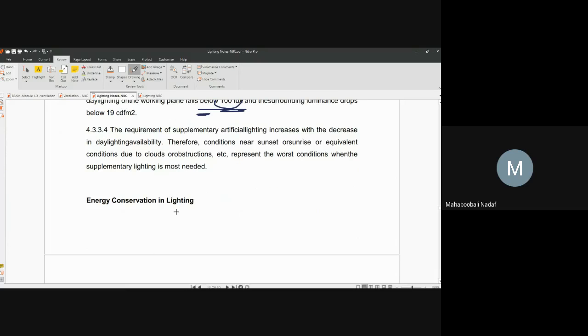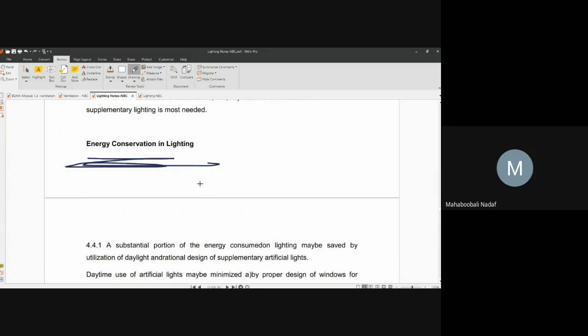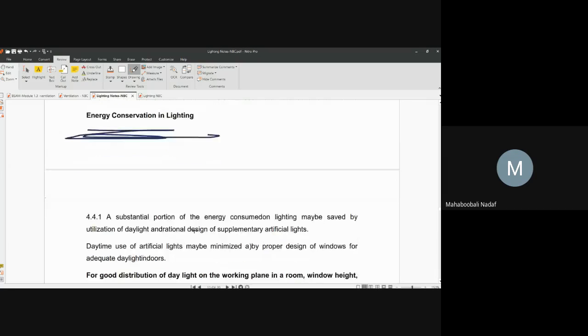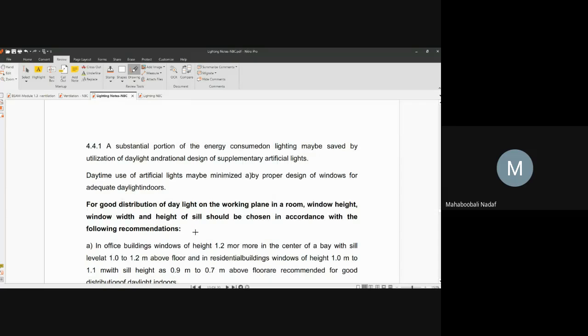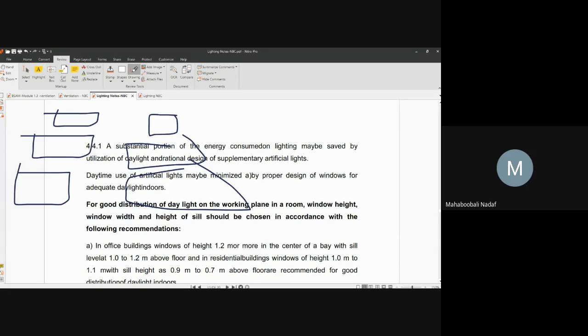One second. Energy conservation. This is an additional point which you have to mention in the design principles. What is energy conservation? There are so many steps. One is fixing the window size, window pattern, window arrangement. Second is fixing the luminary bulbs, the spacing of luminary bulbs, and the number of luminary bulbs. Third is providing solar photovoltaic bulbs, which means using solar energy converted into electrical energy or light energy. Those are called solar photovoltaic bulbs. These are used in energy saving.